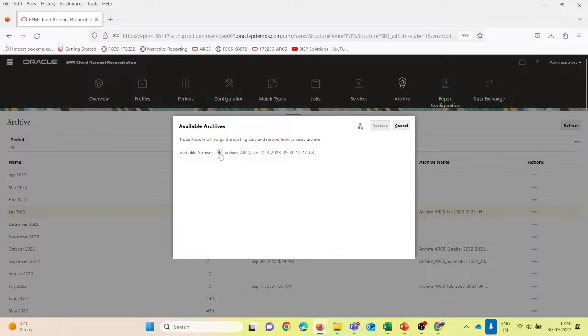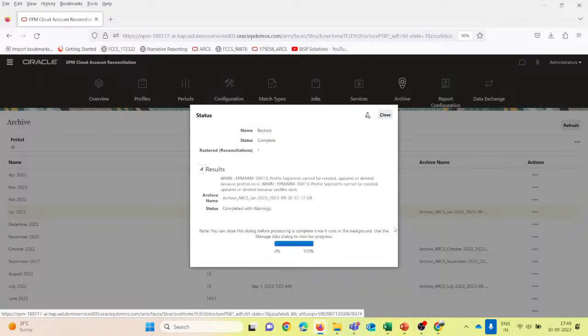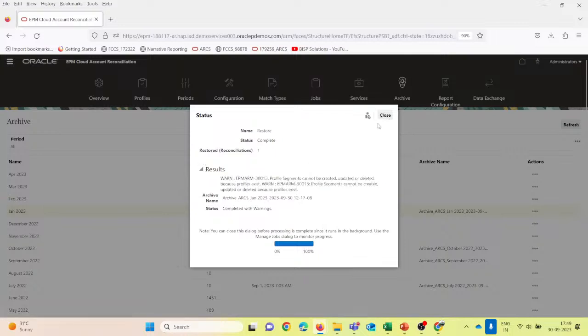This one is available in this archive. We can just go and restore this one. So it has been completed successfully, completed with warning. It has given some warning as we have been doing this, so that is not